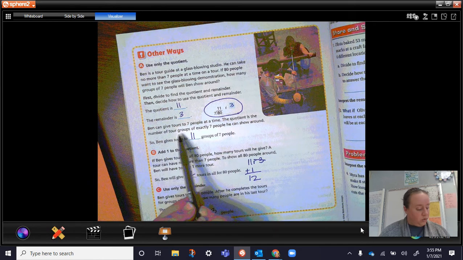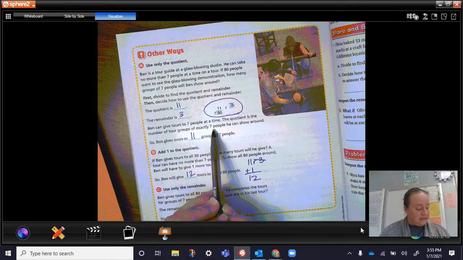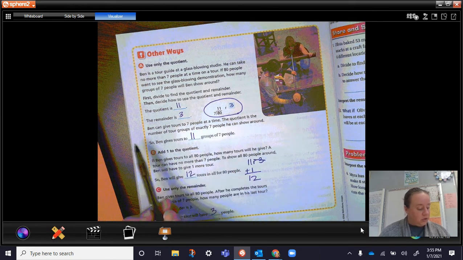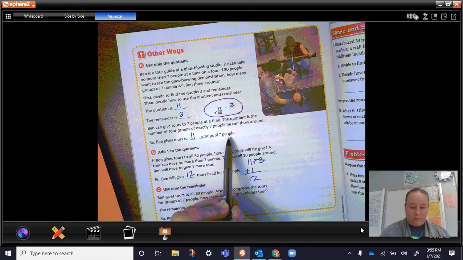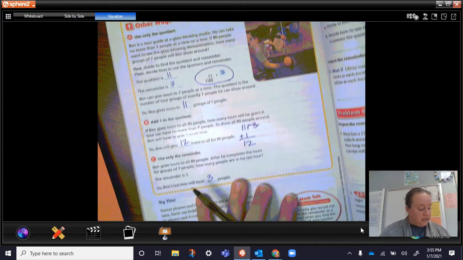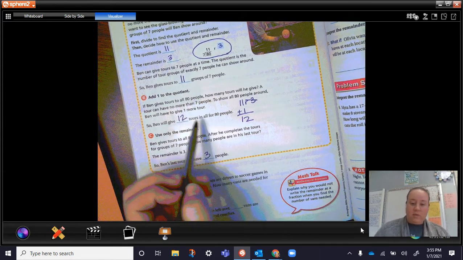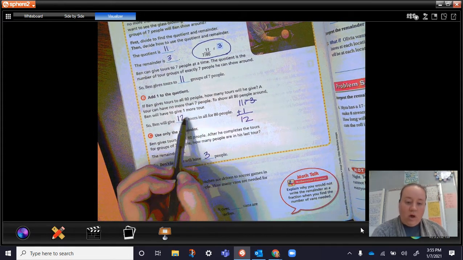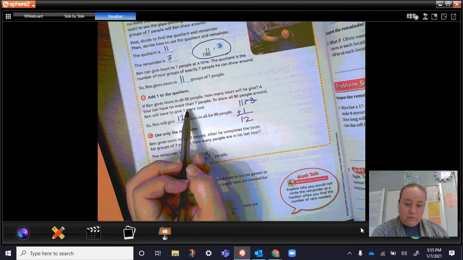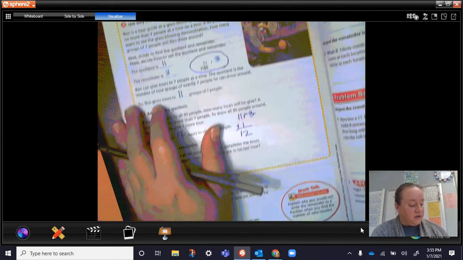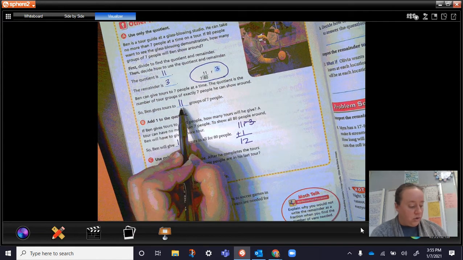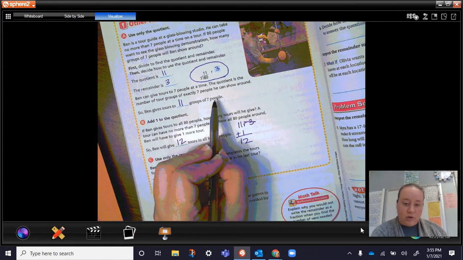Then it says Ben can give tours to 7 people at a time. The quotient is the number of tour groups of exactly 7 people he can show around. So Ben gives tours to 11 groups of 7 people. Well, Ben wants to give tours. If he wants to give tours to all 80 people, how many tours is he going to have to give? So this first one, we used only our quotient because we were talking about groups of